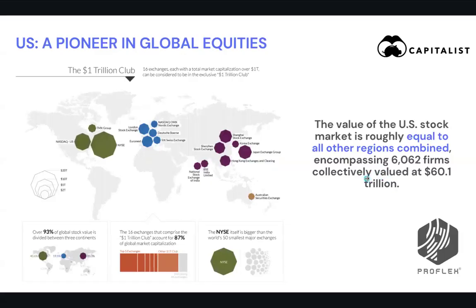Now, what is the reason? There are two reasons. One is that US is the only place you can invest. This is a kind of a situation where people are investing because there is no other place. Look at the size of the market. So this is from Visual Capitalist, which is a great chart. It shows that the market size of the US stock market, if you combine the two exchanges, the Nasdaq and New York Stock Exchange, is equal to all other regions combined.